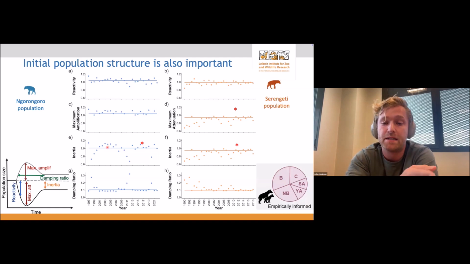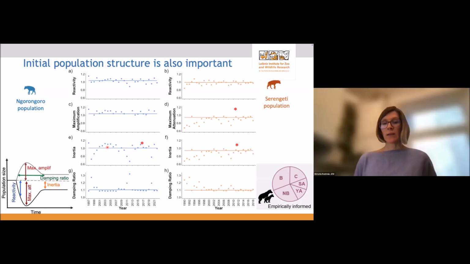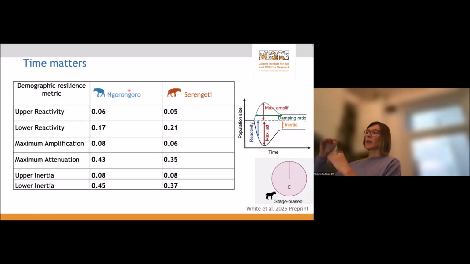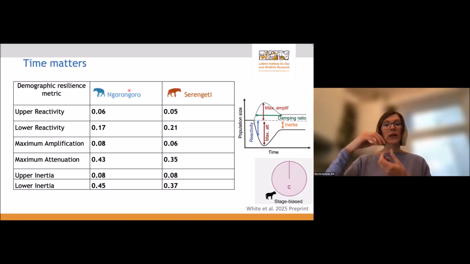Cool. Do you see similar patterns when you do the stage biased vectors? So if you, rather than doing the empirical age structure, do you also see those dips at 2011, for example? So it's the same with the stage bias, and I did not explain this in much detail. With stage bias, what we measure is the so-called envelope. And so that's why we have upper reactivity and lower reactivity. So we basically measure the envelope of where things can be found. We do not have an exact position. We have a whole range of the possibilities. And this is a bit exemplified.